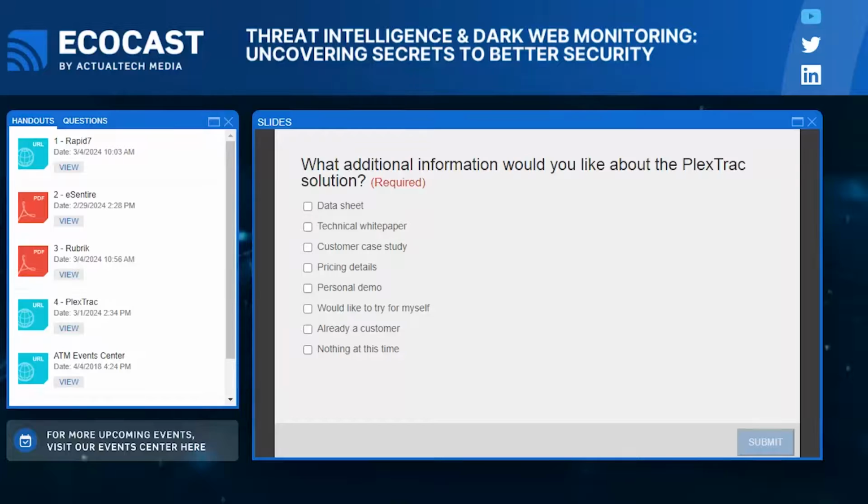Okay, next up, what are the common mistakes people make when they try to use dark web intelligence for the first time in this sort of proactive way? I think the biggest one is that they think buying will solve their problems for them. I think that's the biggest thing I've seen of all the thousands of conversations I've had, is when they think about using dark web or threat intelligence, the first thing they think about is, what can I buy to do it?